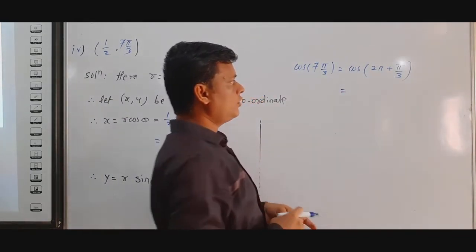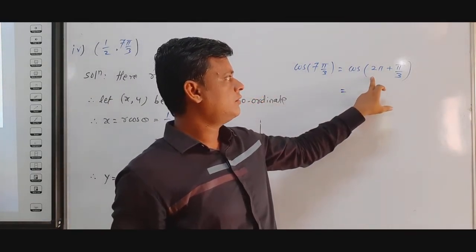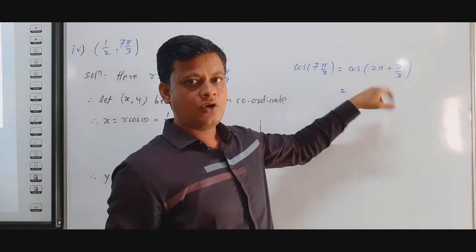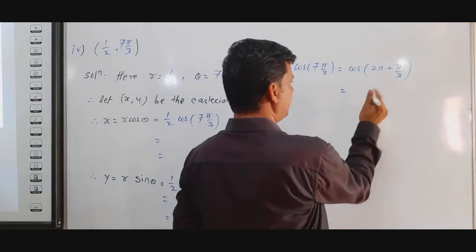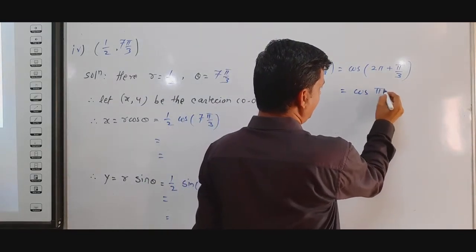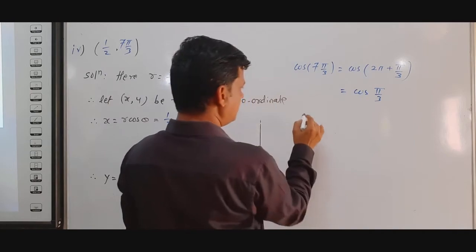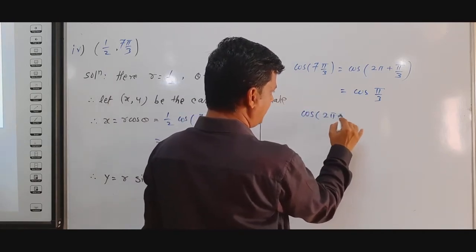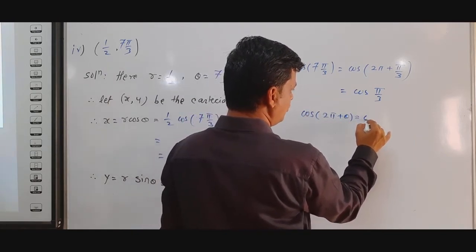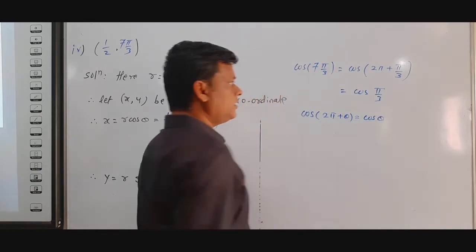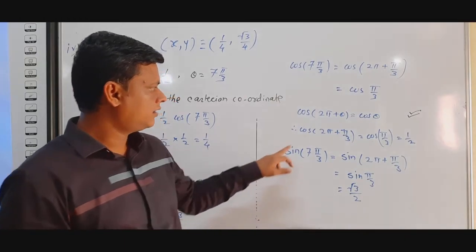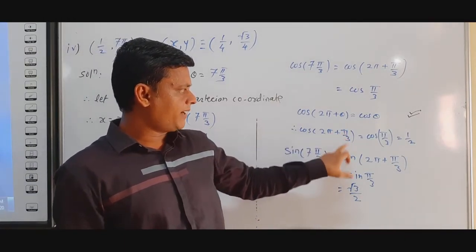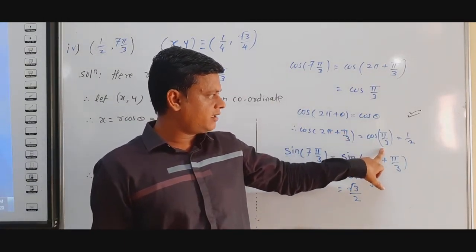So we have to use the formula cos(2 pi plus theta). 2 pi plus theta means the first quadrant. So we write cos pi by 3, because cos(2 pi plus theta) equals cos theta, because in the first quadrant all ratios are positive. So cos(2 pi plus pi by 3) equals cos pi by 3,